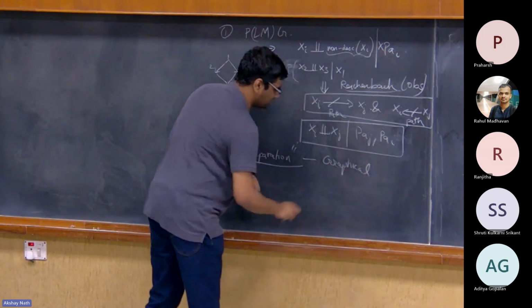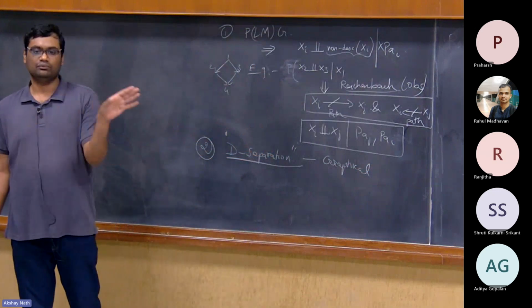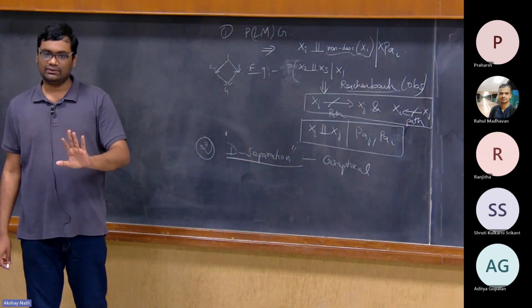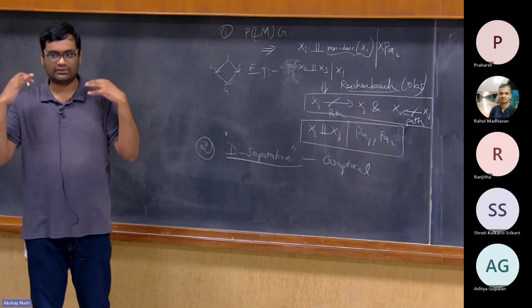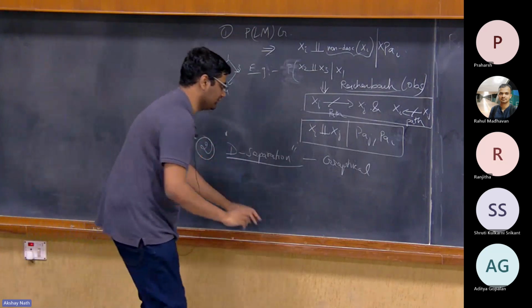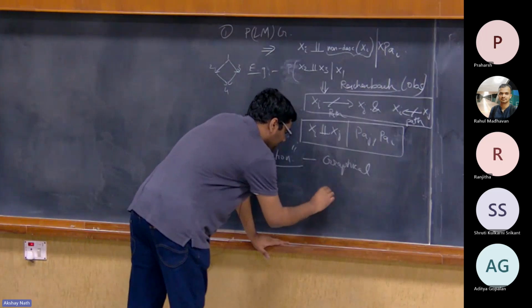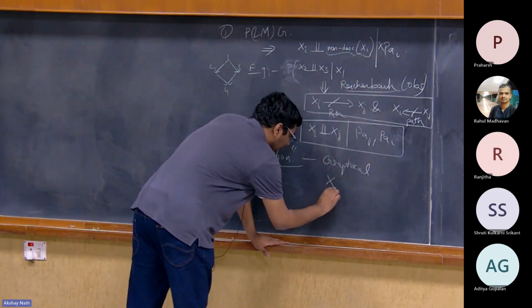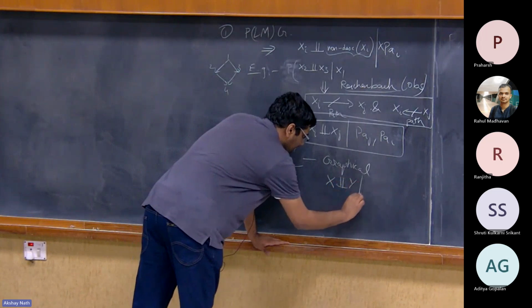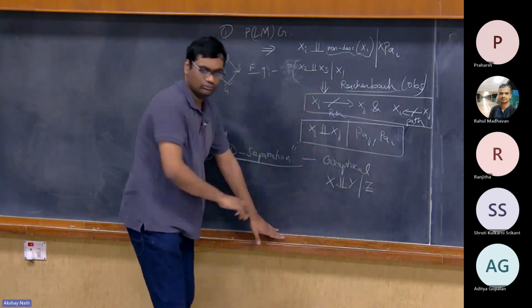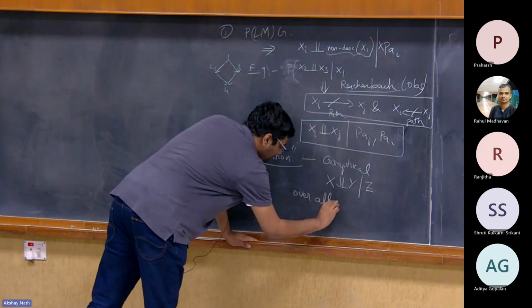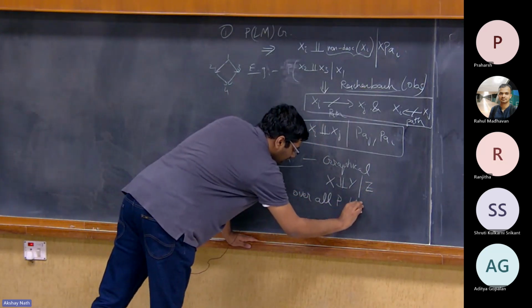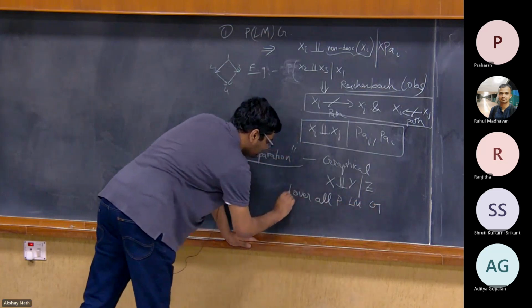There are more general versions of the graphical criterion, but for whatever I'm going to discuss, the scalar version is sufficient, so I'll just go with that. I'm going to tell you when X independent of Y conditioned on Z is true over all P that are locally Markov with respect to G.